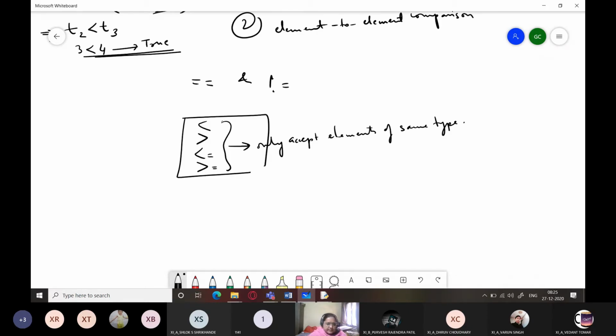These four types of comparison operators will only accept elements of the same type. With these two, any type of elements can be compared, because either they would be equal or unequal.